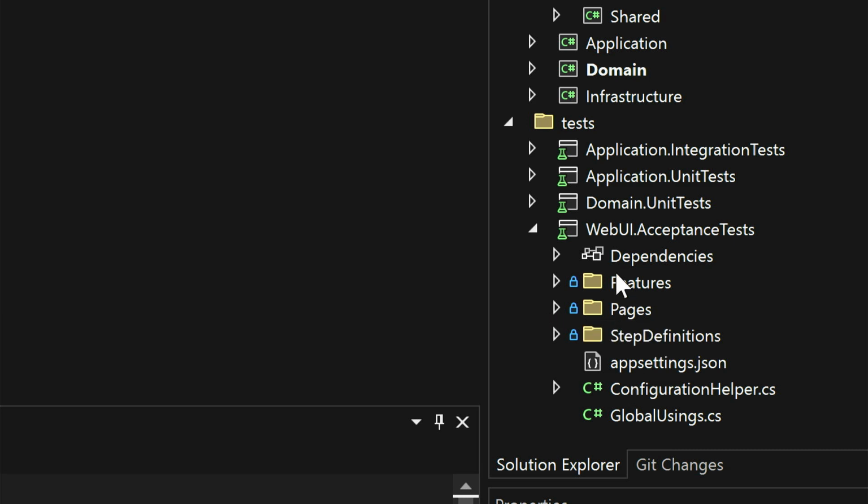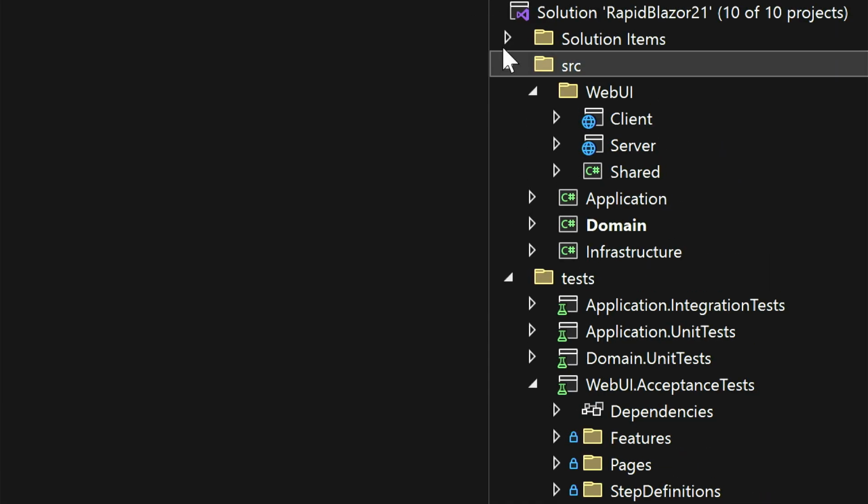But we only have a limited amount of time, so I'm not going to spend too much time looking at the structure. Essentially it's a Blazor WebAssembly app hosted on ASP.NET Core, following the principles of clean architecture, and this is well suited to enterprise application development. And this is what I like to consider the simplest approach to enterprise application development. All right,